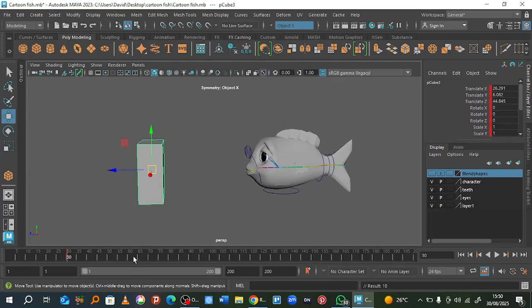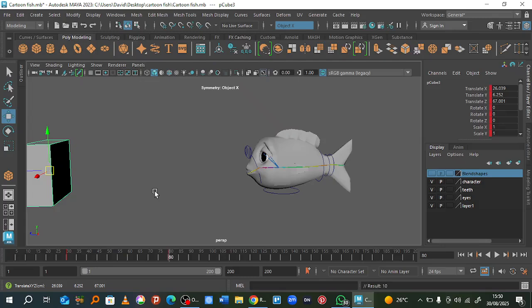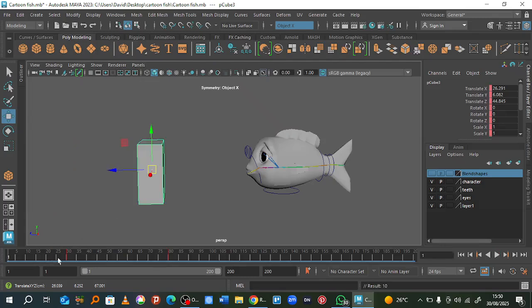The third step is moving. So if I want to move from 30 to 50 to 80, maybe I push it here. So that is 30 to 80. Again I press S. So now if I play this,